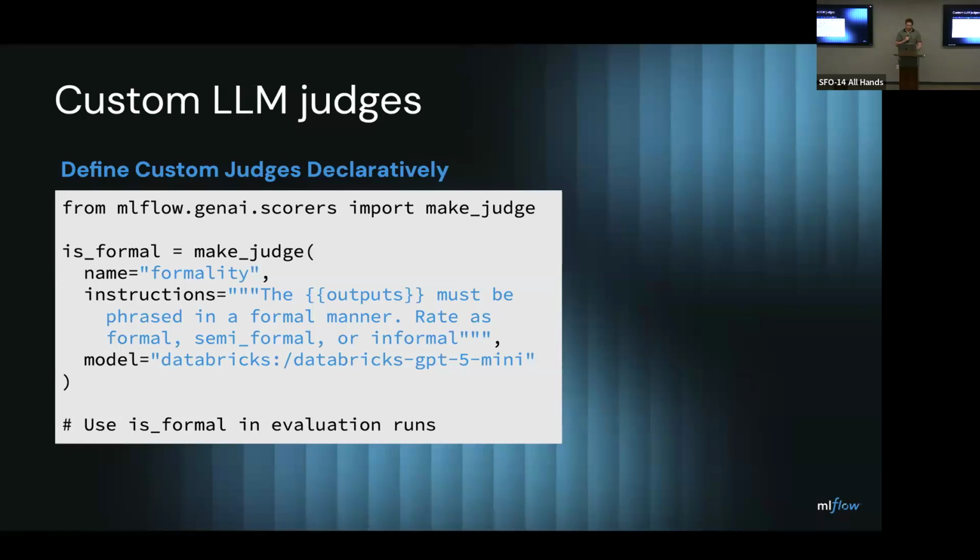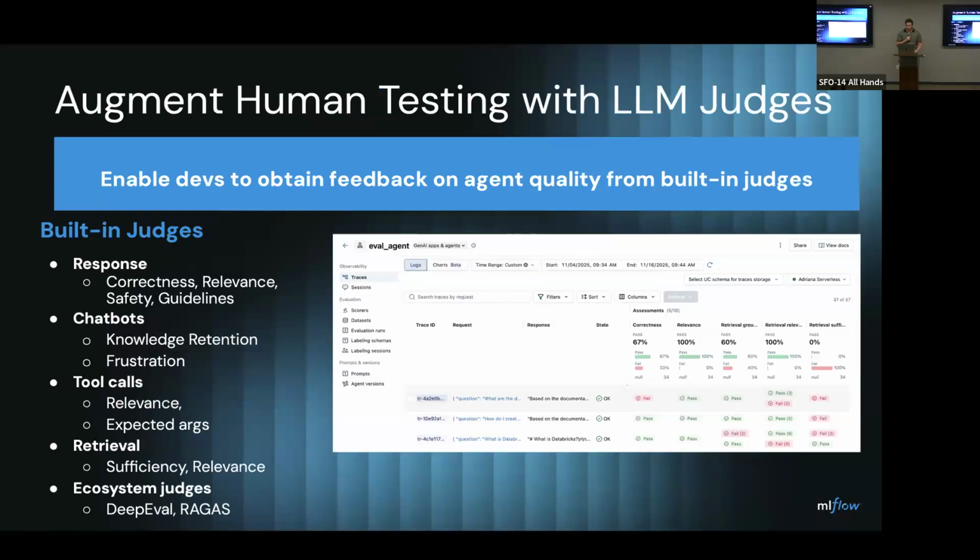This is referred to in industry as an LLM judge. Based on a description of the issue, for example, formality in this screenshot here, but soon we'll see based on this particular use case, I can pick a model and ask an LLM to find all the traces that have the exact same problem. In addition, MLflow offers a variety of built-in judges, more than 50 plus ecosystem integrations for